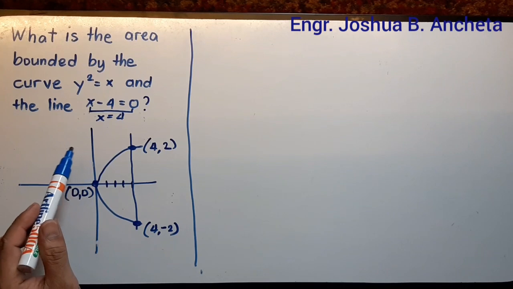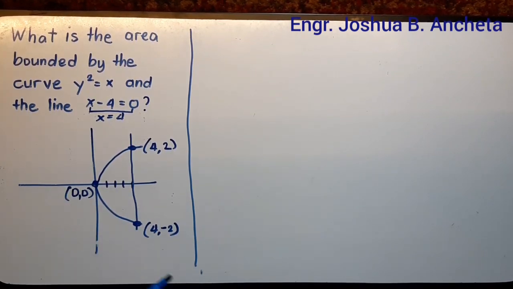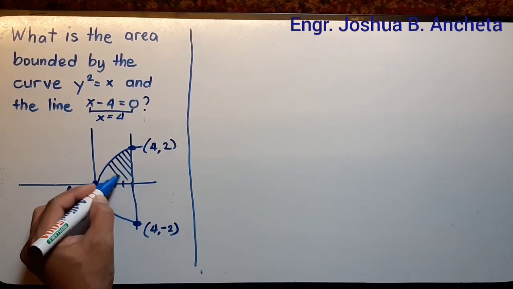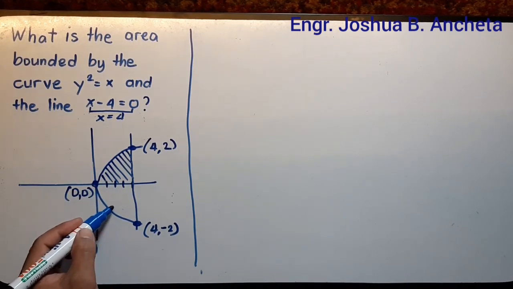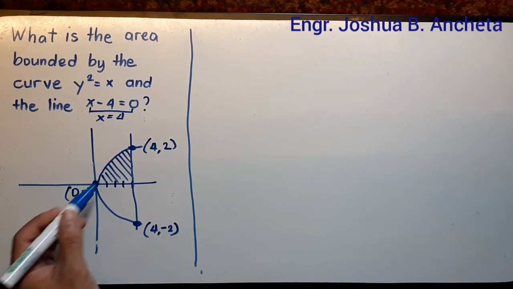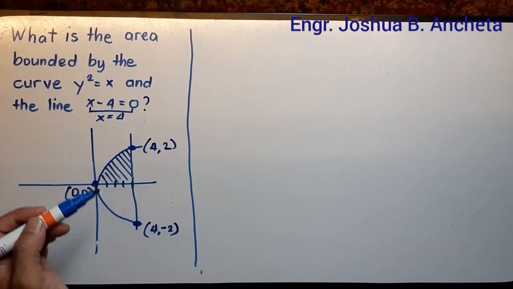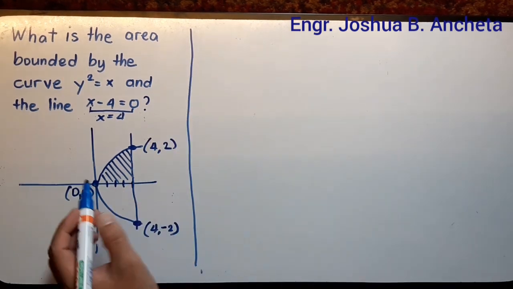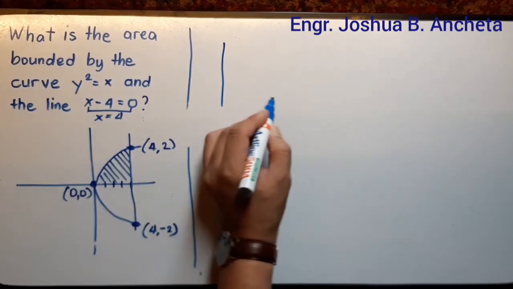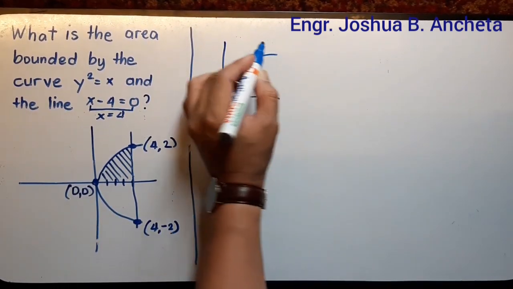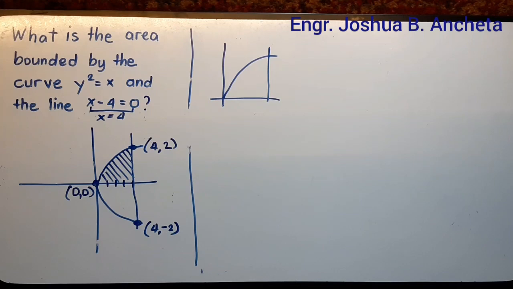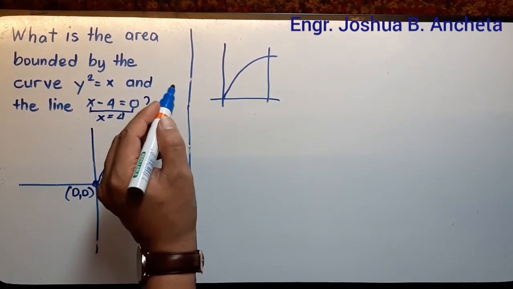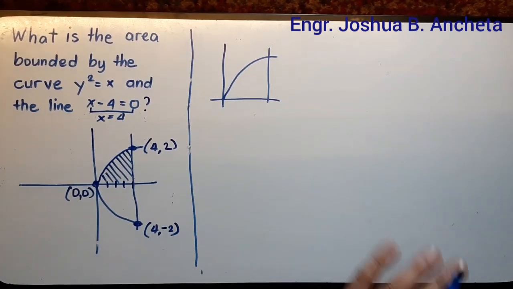So take note from this plot, there is a symmetry between the upper portion and the lower portion. So we need to get the area of this portion and then multiply it by 2. For the solution, let us isolate the upper portion. We can use either vertical strip or horizontal strip. So first, let me use